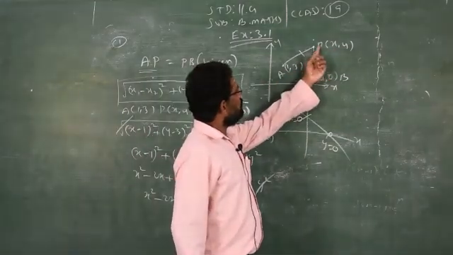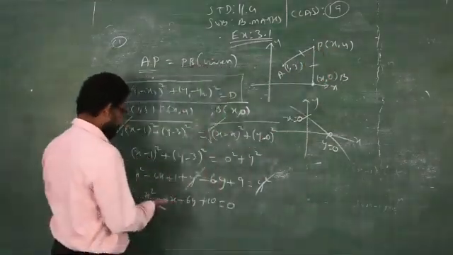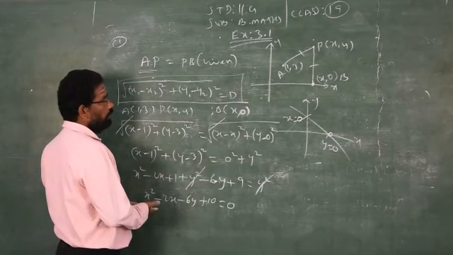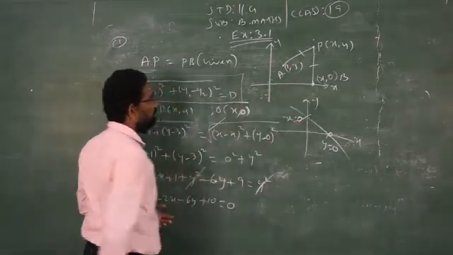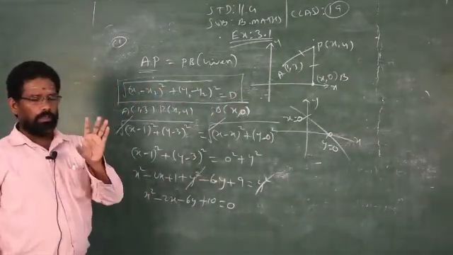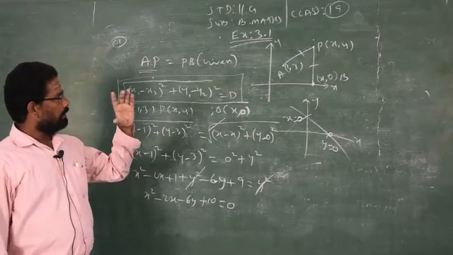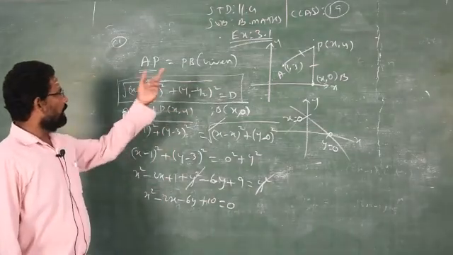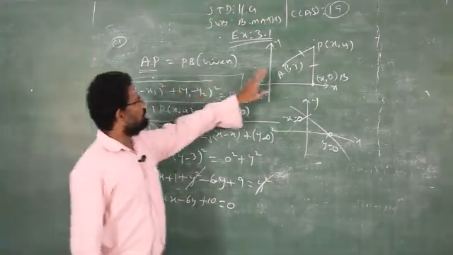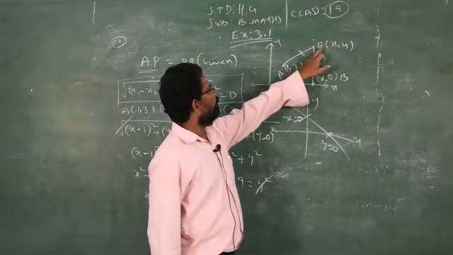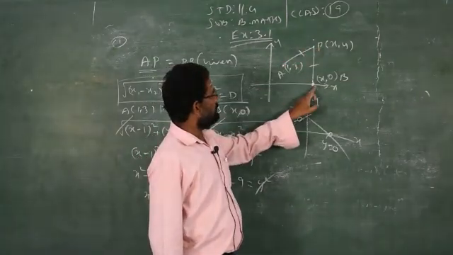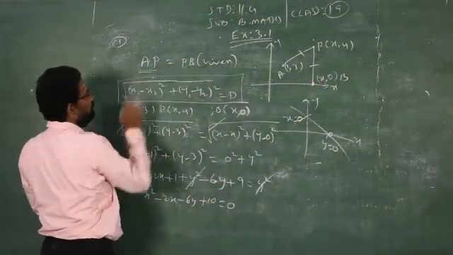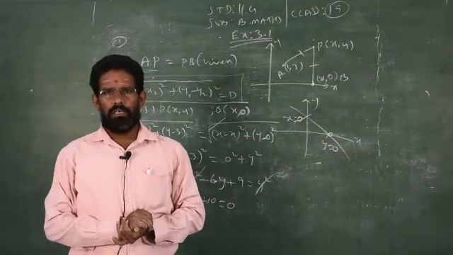So when you trace the path of P, it will represent one equation. Clear? So how to find the locus? I told you already the definition of locus. The locus is determined by some condition. Based on the conditions only we get the locus of the given point. The condition given in this question is that the distance from the moving point to the fixed point A and to the point B on the x-axis is always equal. That is AP equal to PB. Equidistance means equal distance. Clear?